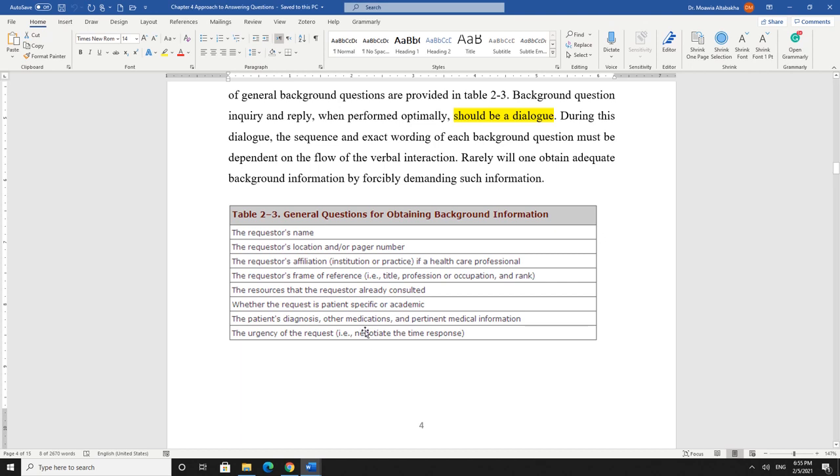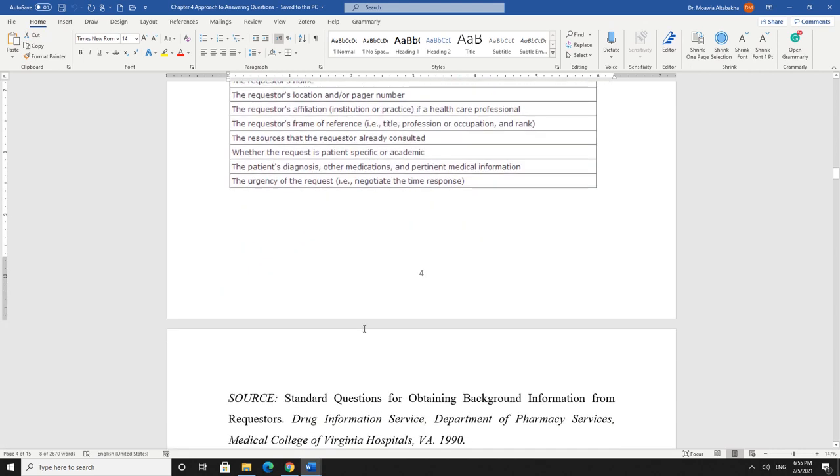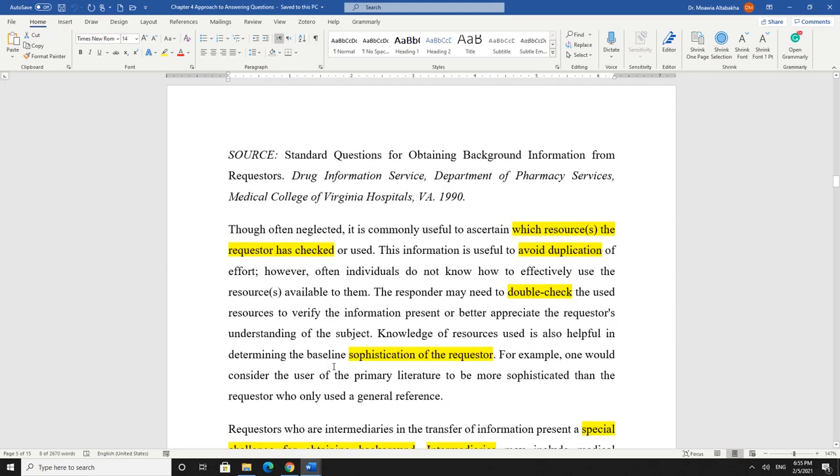Now, what you should know is when I ask the requester, what resources did you check? Okay, and what did you understand from these resources? One possible benefit from that is to avoid duplication. I should not go to the same resource because the requester already been to these resources and maybe he didn't